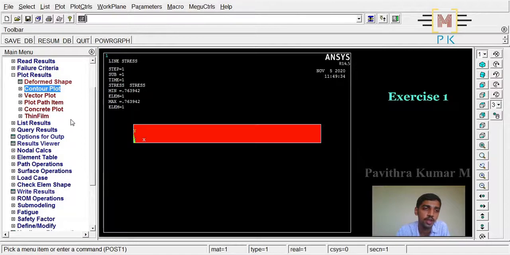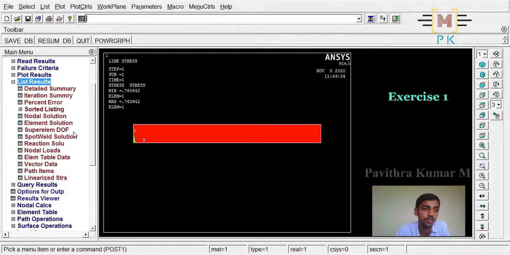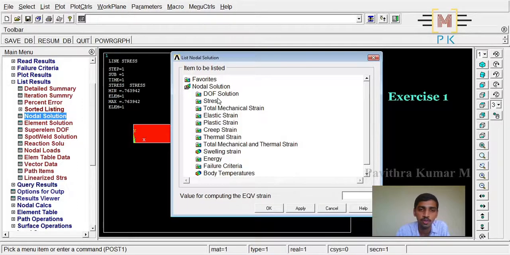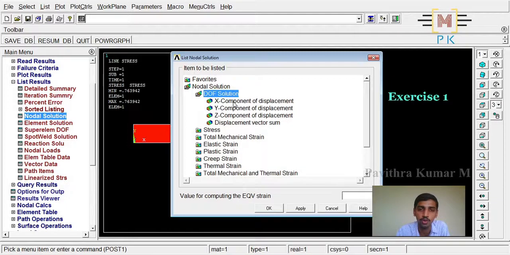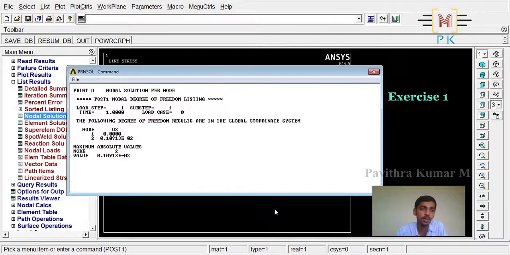In a similar way, we can list the results by clicking on list results. First, we will see how to get the value of displacement. So click on nodal solution, again on DOF solution, then click on x component of displacement and click OK. Now we can see the result as a list.